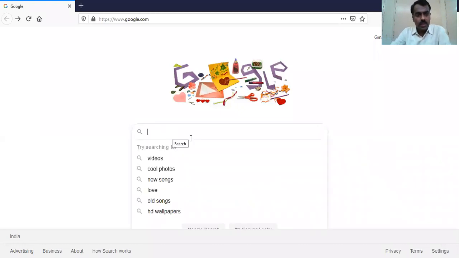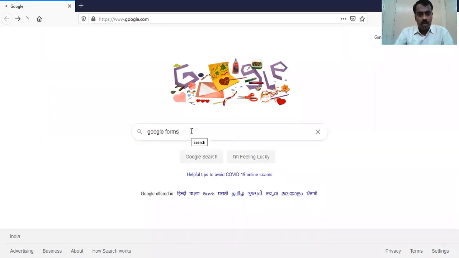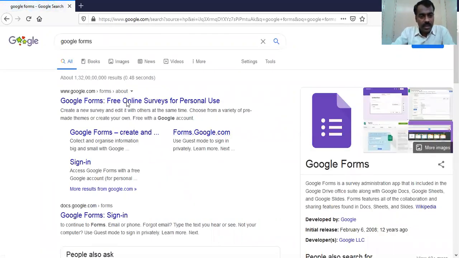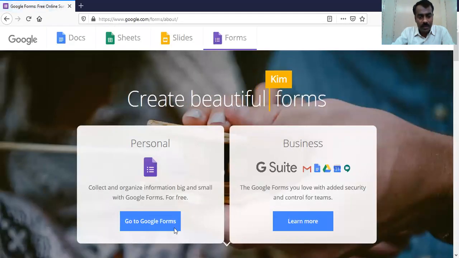Okay. So we can go to Google and then we can start simply typing Google Forms. If we click on Google Forms, it will take us to the official website where you can see personal and business.